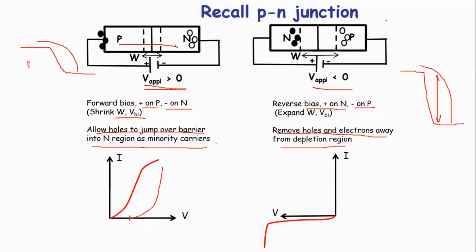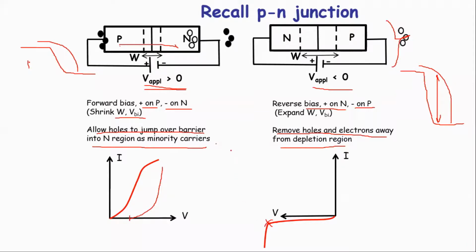Similarly, when you focus on reverse bias, here you can see holes will be moving towards this side, electrons will be on this side, opposite to the previous case. Here you can see very few carriers move across the junction, so very small movement is there. And here you can find that at a particular point a phenomenon occurs.